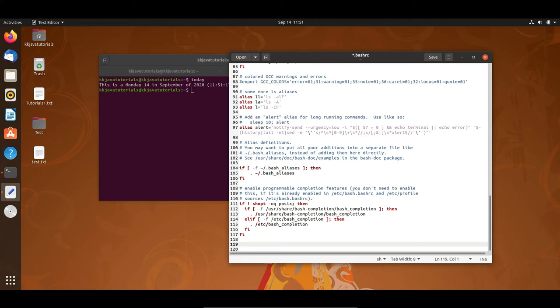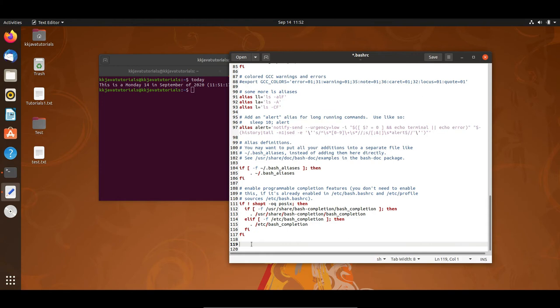Now I'm going to show you some more stuff. Let's say you want to define some alias. As a user, there are some commands you very frequently use in day-to-day work, and let's say that command is really very long. Then you can declare that command and give it some alias name. Alias means you can give it some other name, which may be a short name, and from that name you can access that command.